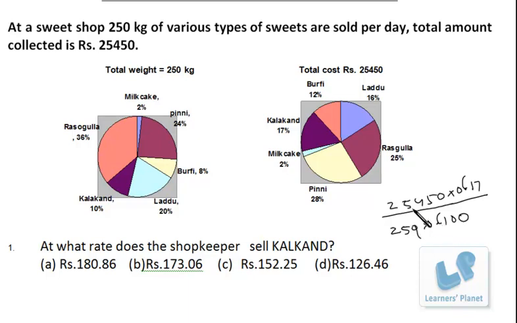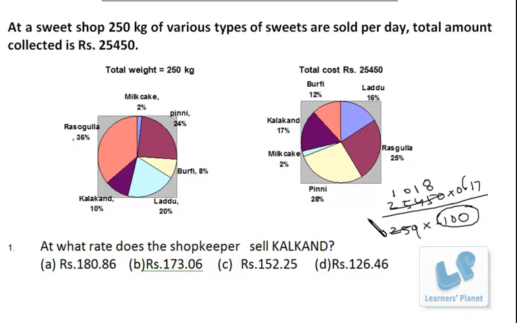Now I have 25450 by 25 into 17 to calculate. I'm not calculating this; it will be used just to put the decimal at the right place. Now 25, I divide: 1, then 0, then 25 ones are 25, 200, sorry 20, and 0, that is 25 eights are 200. So it's 1018 into 17 that we have to calculate.